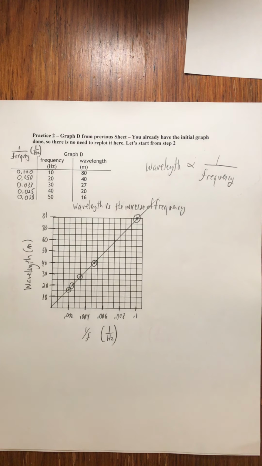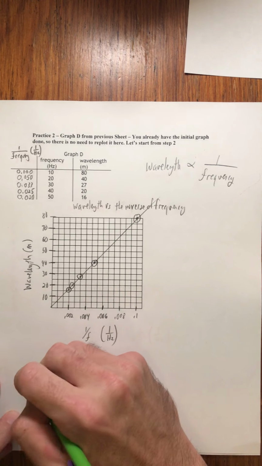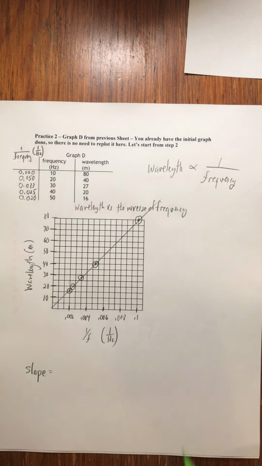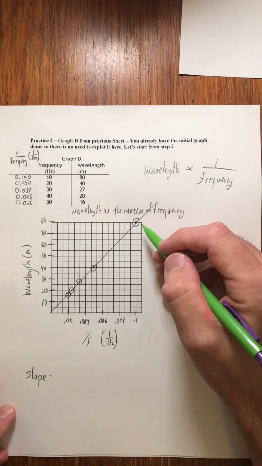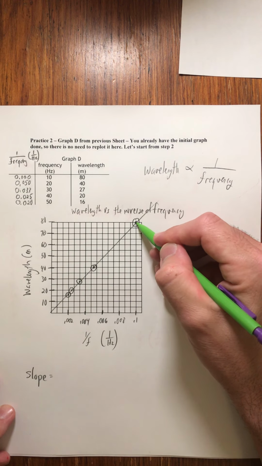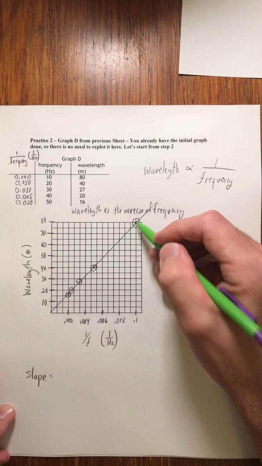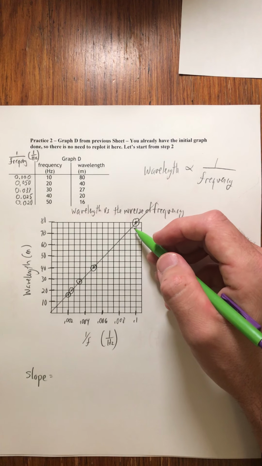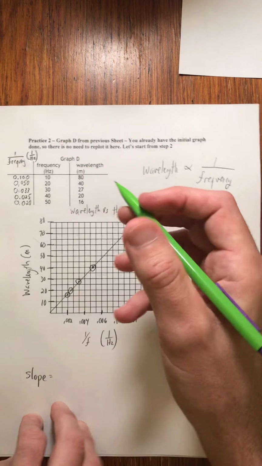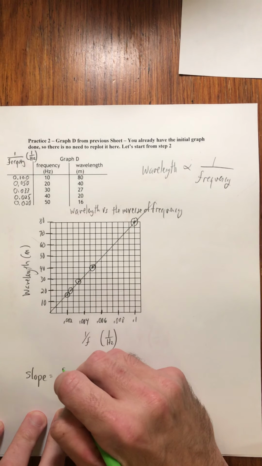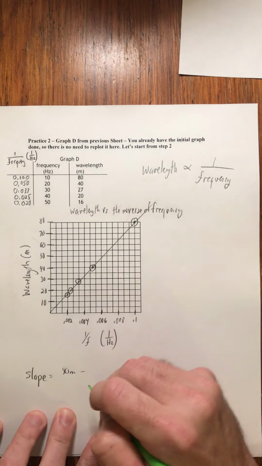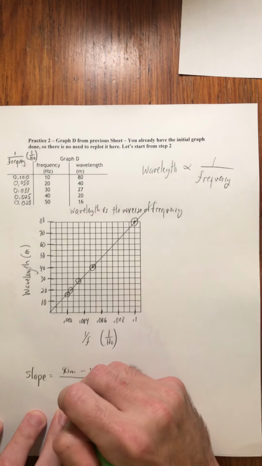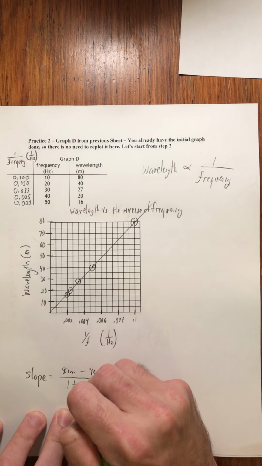So what I need now to finish it off is to find the slope of this. The slope is going to be delta y over delta x. I picked some nice points here. I'll just pick the data points because I conveniently went through these two data points. I wonder why. It's because I cooked the graph, folks. I would never get results this nice if I were to do them for real. So I've got 80 meters minus 40 meters all over 0.1, 1 over hertz,